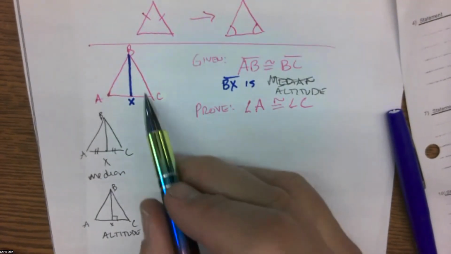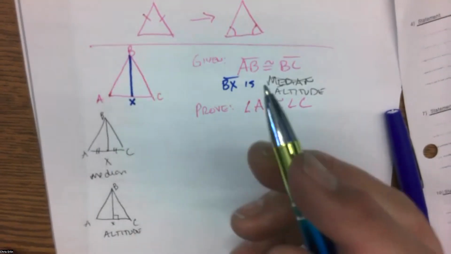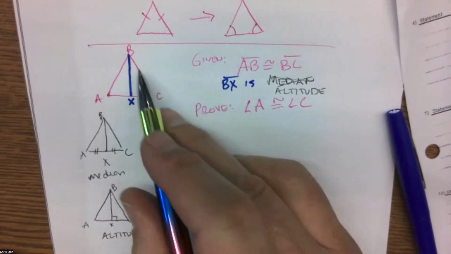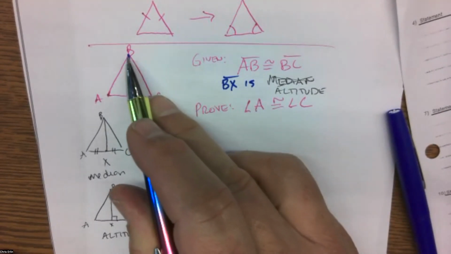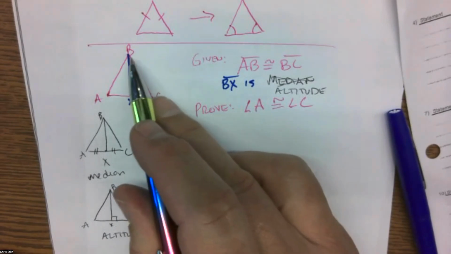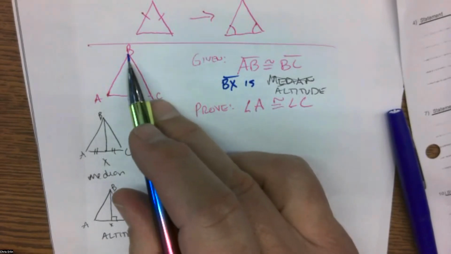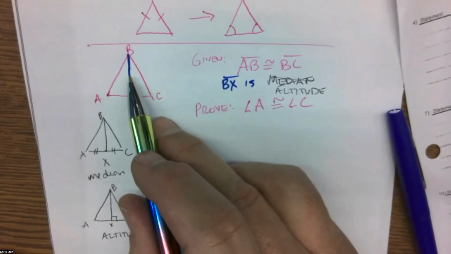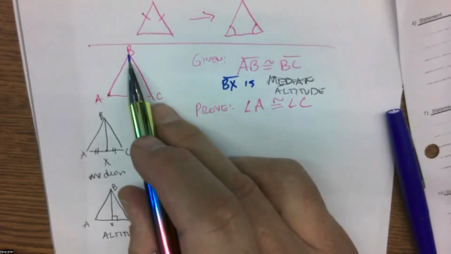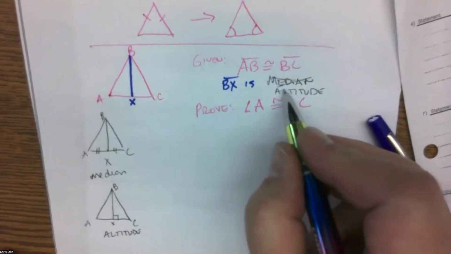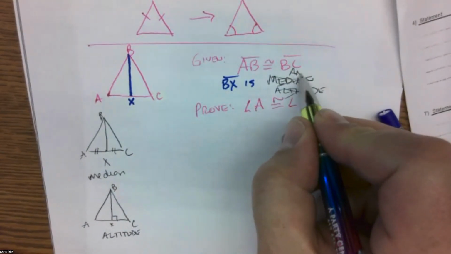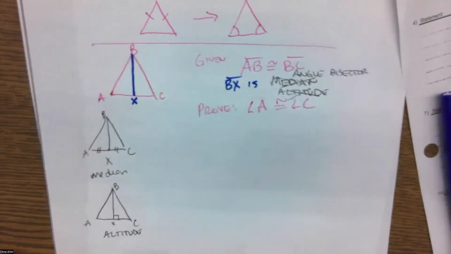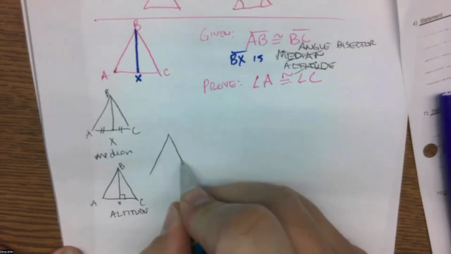There's a third one. How else could I split this thing so it looks right down the middle? It's got to do with up here. Yeah, River. Make the angles on B congruent. Good. Bisect this angle, right? Split it exactly in half. It could be an angle bisector. And that's the third one, would be